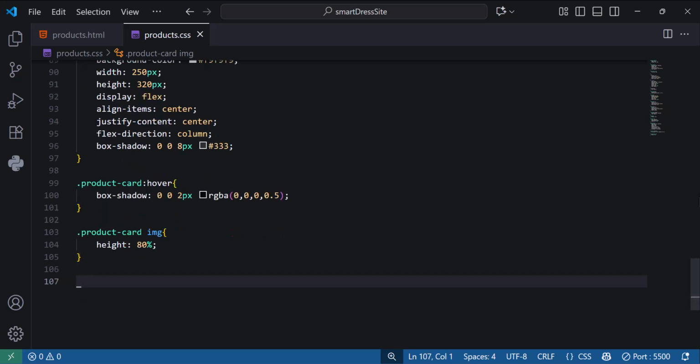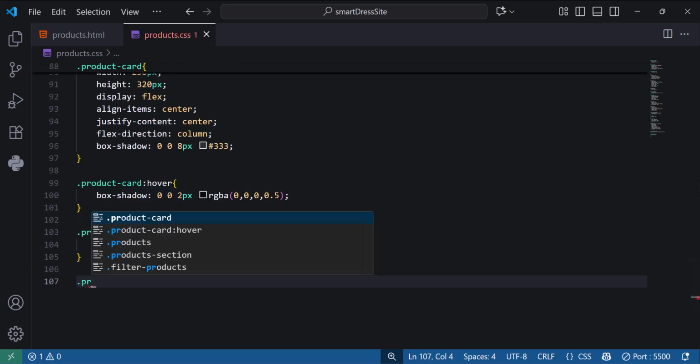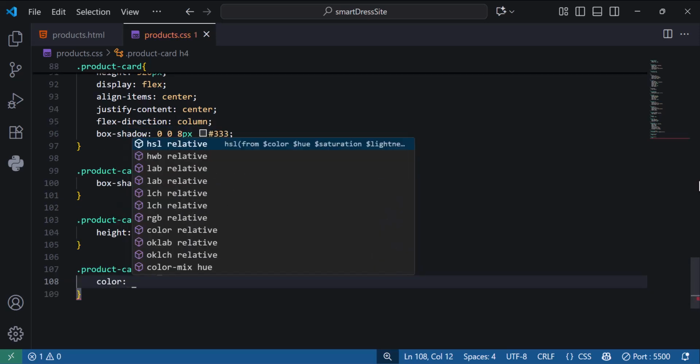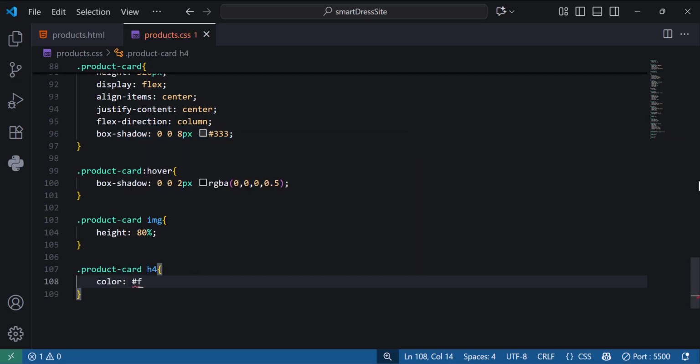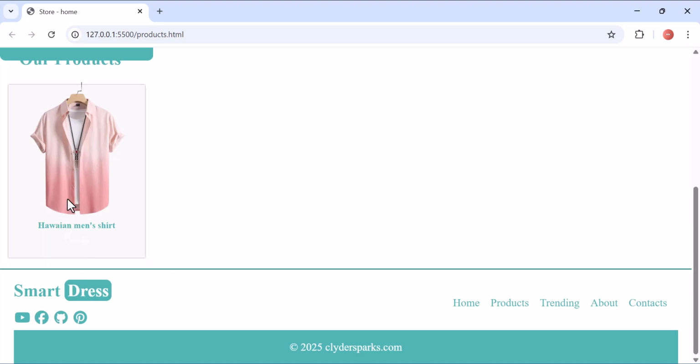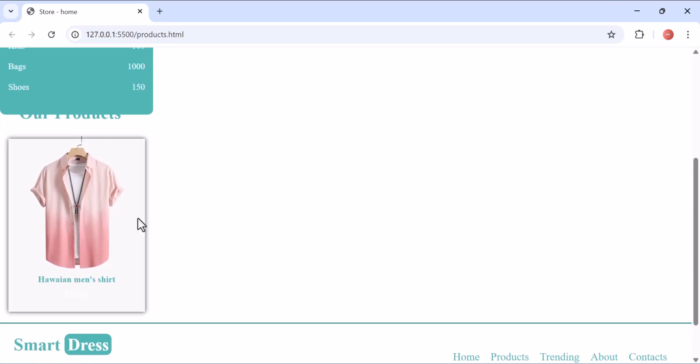And you can say dot product-card h4, then you can say color hashtag, then we're going to use this color. Actually, if you don't like the color I used, you can just create your own. Right now you can see how it looks. We have our div, and if we hover on it, you can see there's something cool working right there. So let me